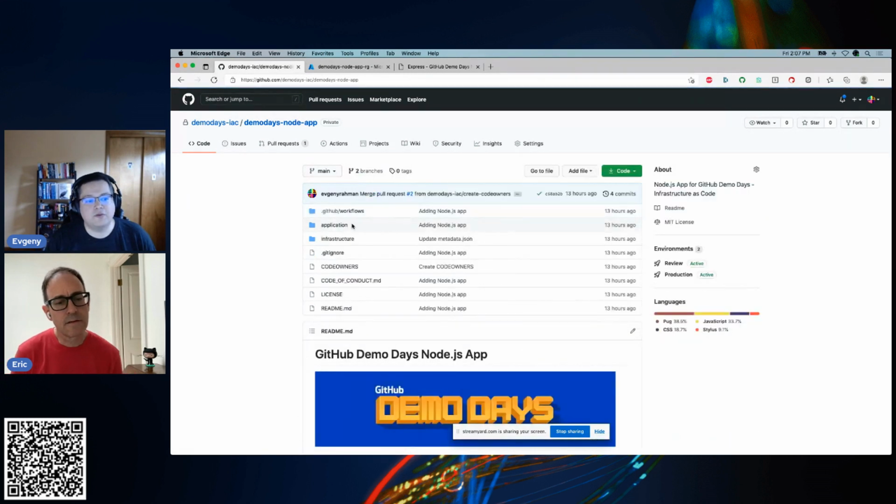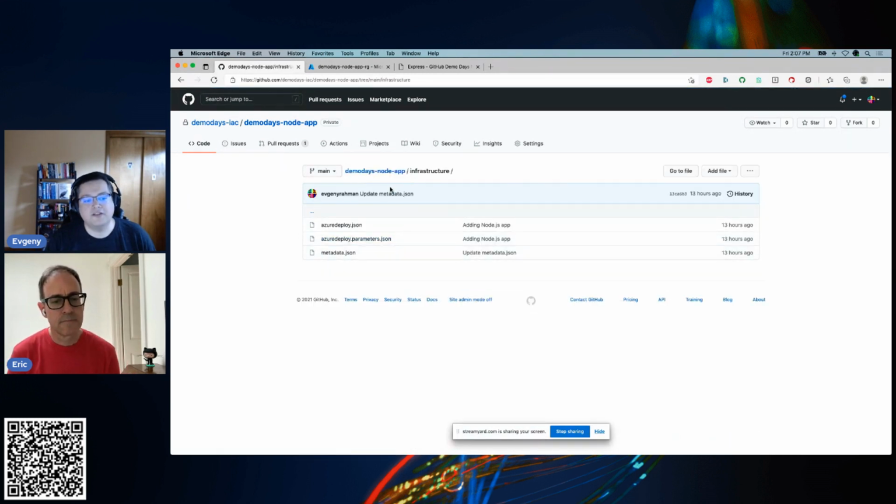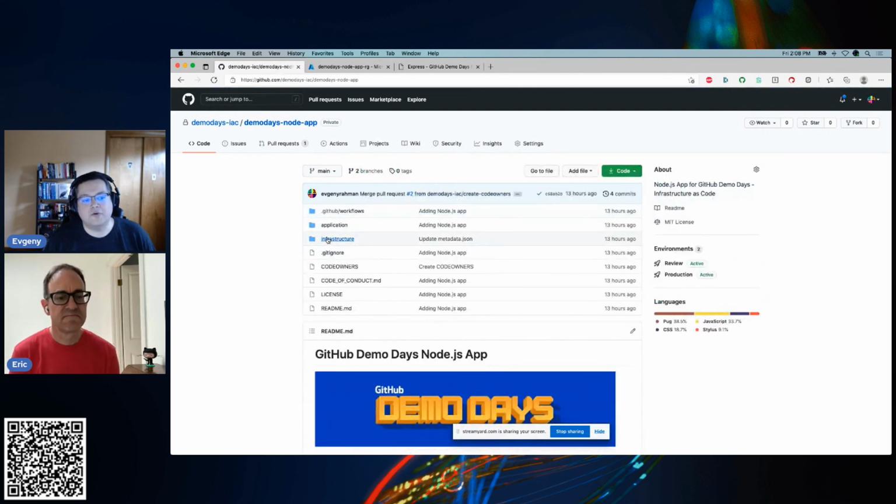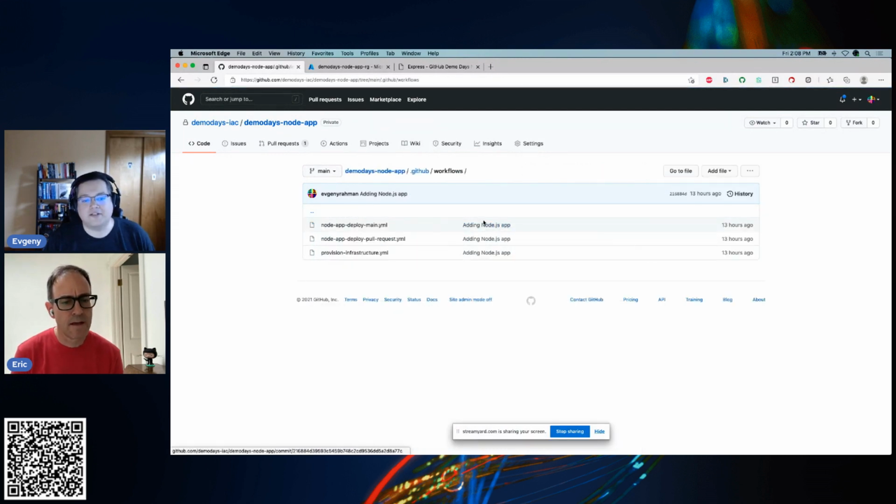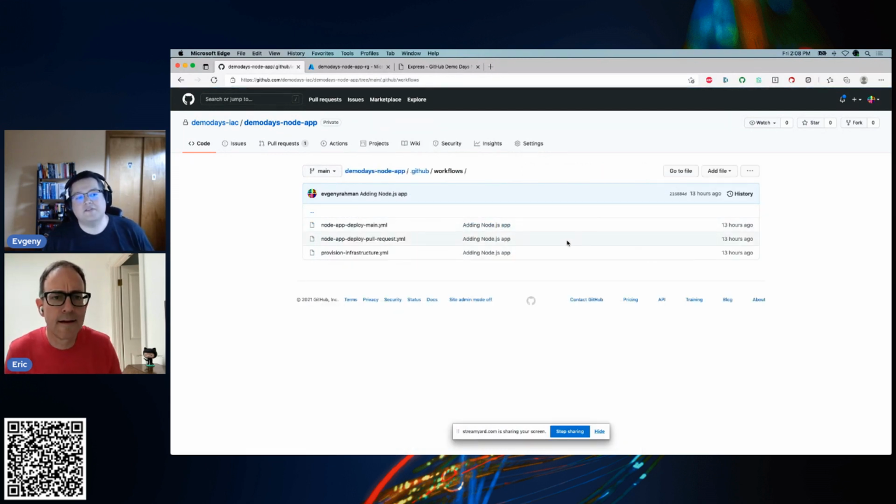We are going to use infrastructure as code, in this case Azure Resource Manager templates, or ARM templates, and those are these files here. We're going to dive into all of this. We'll look at the structure, what these files mean, why we have multiple files, and so on. We are going to deploy the application using the infrastructure as code templates and the power of GitHub Actions, which are our automation workflows.